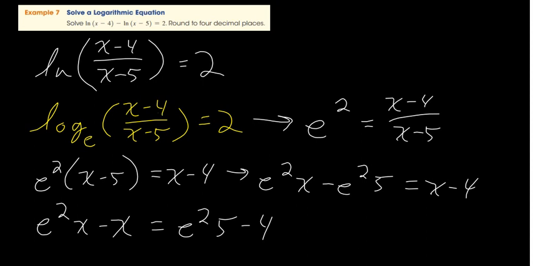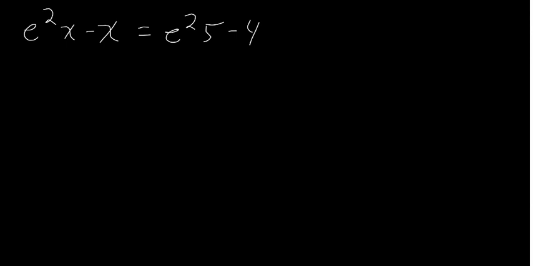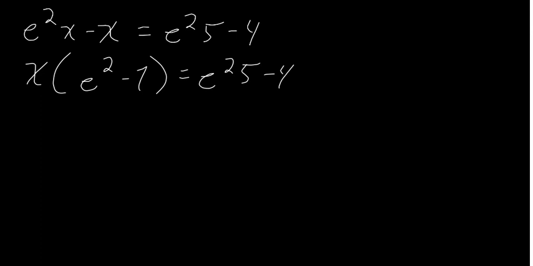Alrighty. And on the right side, we're going to factor. So let's go ahead and put this on another page so we're not running out of room and writing small. We're going to factor an x out of the left side here. So we factor an x, and we end up with simply e squared minus 1. That's going to be equal to e squared times 5 minus 4. Man, that looks so bad. I really should have just wrote 5e squared. Oh well. And then of course we're going to divide both sides by e squared minus 1, so we're going to end up with x is equal to